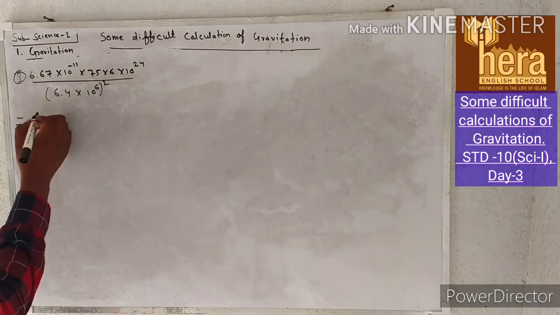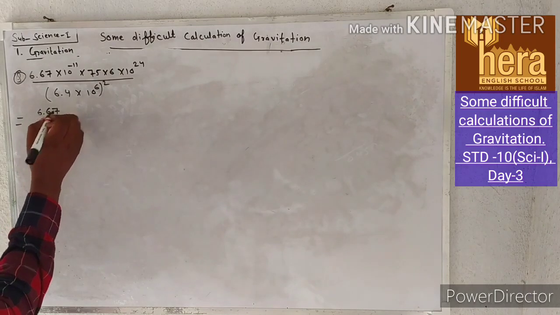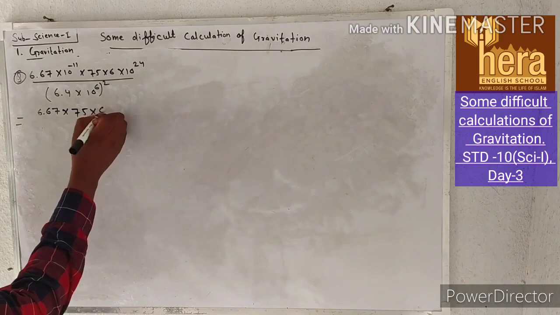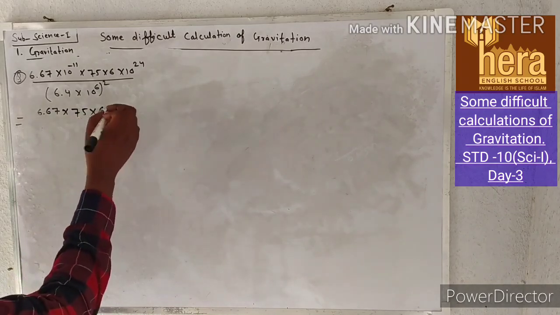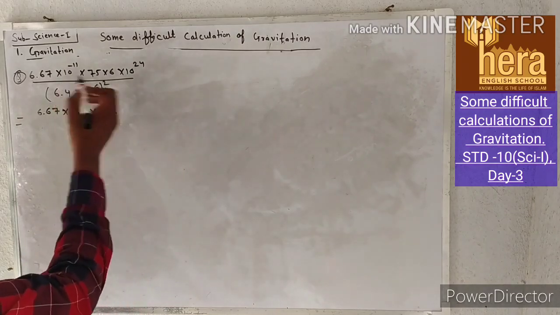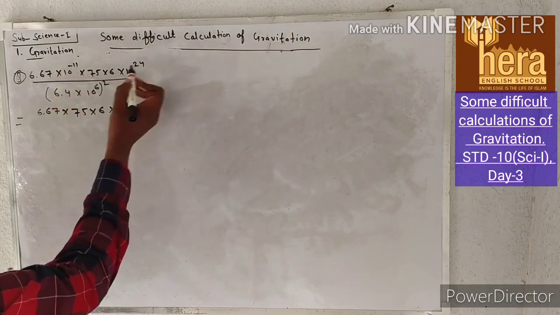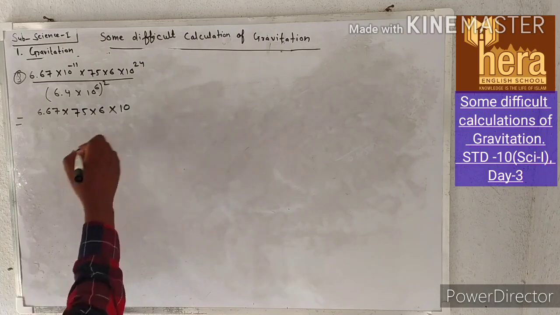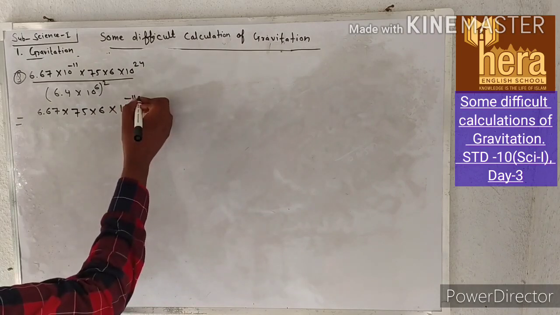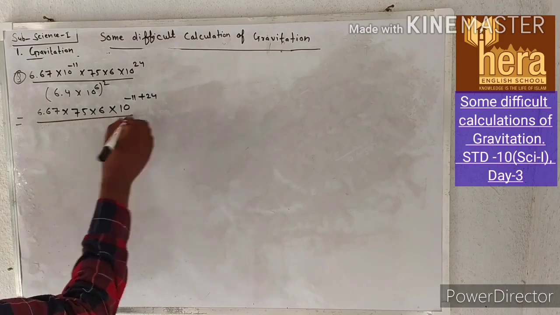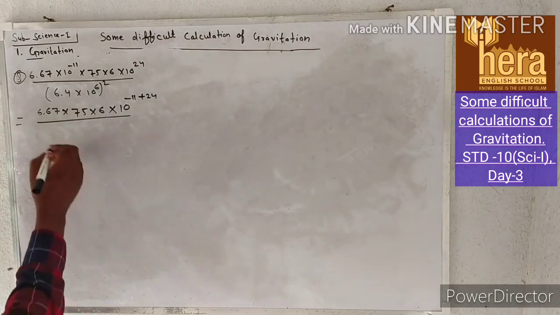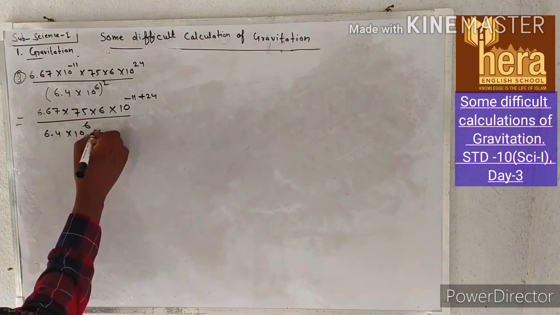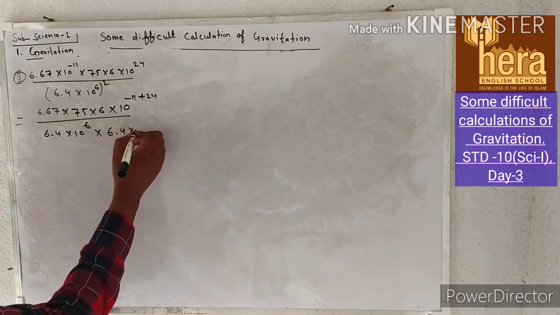That is 6.67 into 75 into 6 into, see here is base 10, base 10, index is minus 11 and 24. So base will be 10 and the index will be added, minus 11 plus 24. Write this number twice. This will be equal to 6.4 into 10 raised to 6 into 6.4 into 10 raised